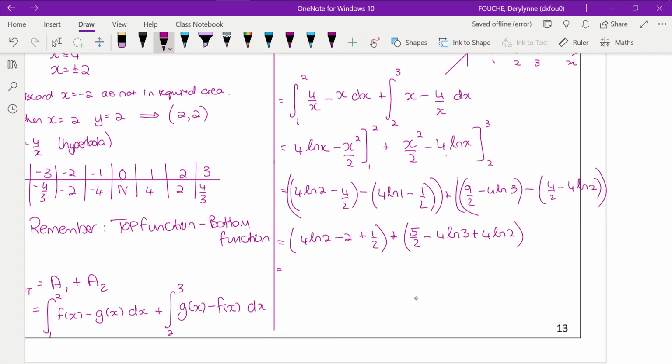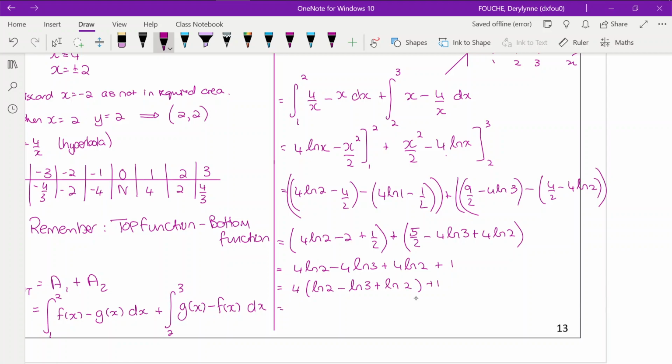Okay, that's starting to come together nicely, because a half plus 5 on 2 add together, and that gives me 6 on 2, which is 3, and 3 minus 2 is 1. So I have 4 ln 2 minus 4 ln 3 plus 4 ln 2 plus 1. And I can use my log laws to just simplify that a little bit. If I take out my 4's, I can have 4 times ln 2 minus ln 3 plus ln 2, plus 1,